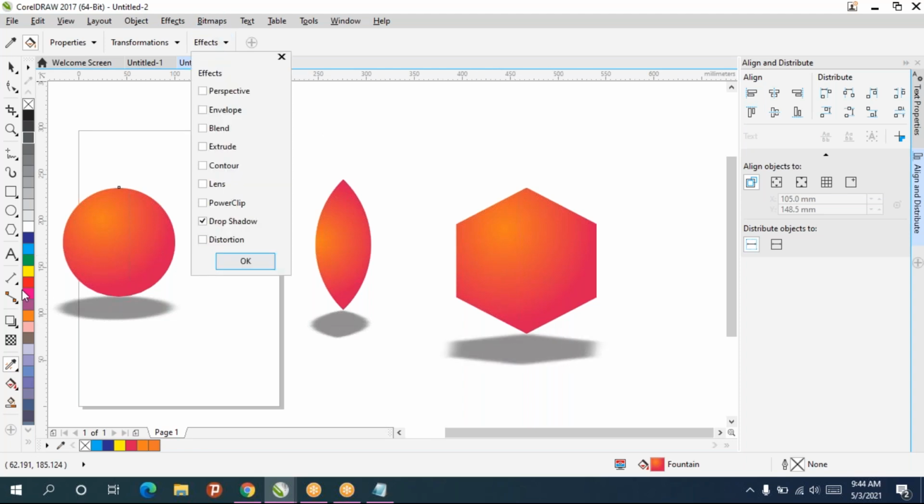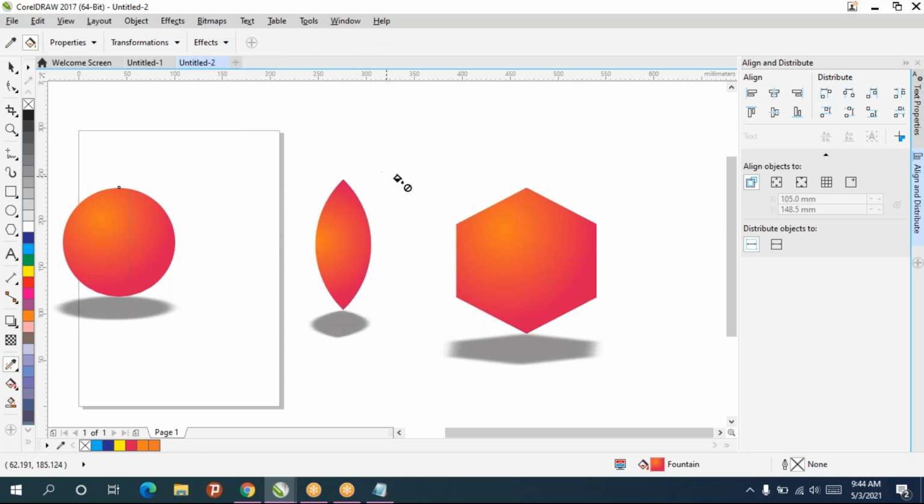So whatever attributes you want to copy, you can copy everything to other text. Including for text, you can apply this.